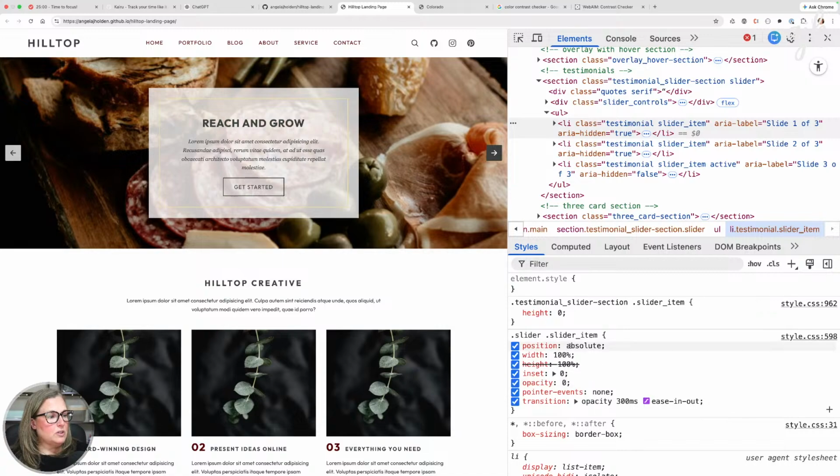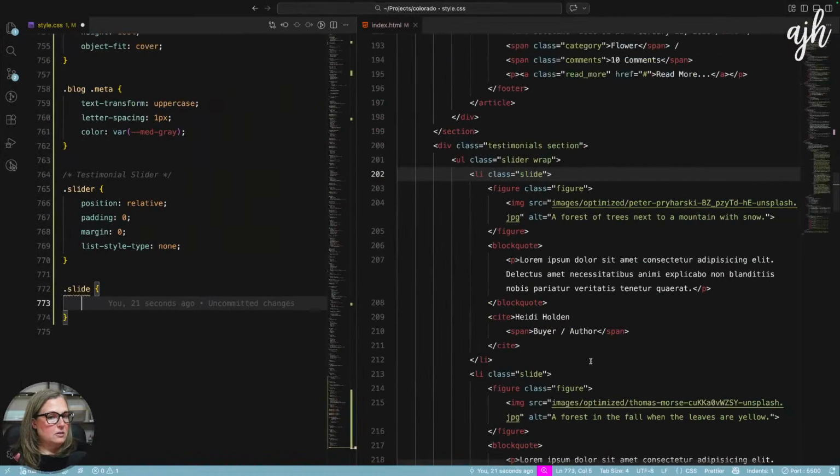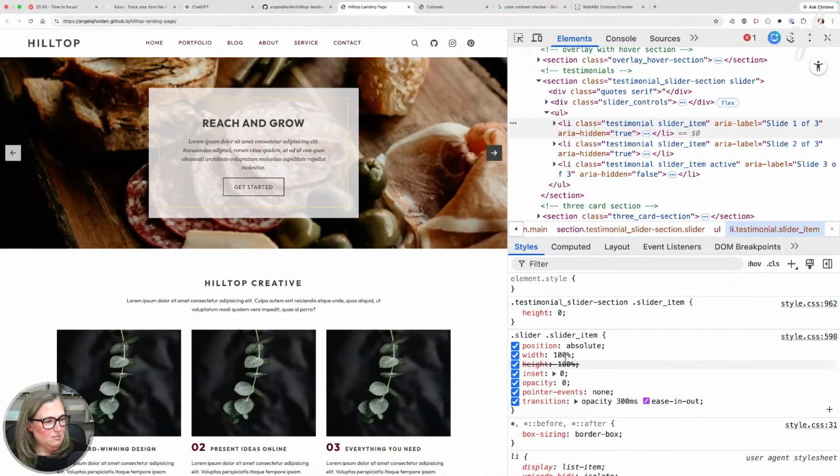That's why there's two sets of styles here. So it's height 0 if it's not active, and if it's active, it's height auto to automatically fit the text.